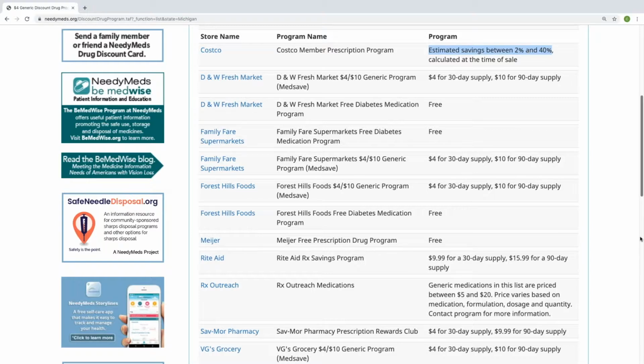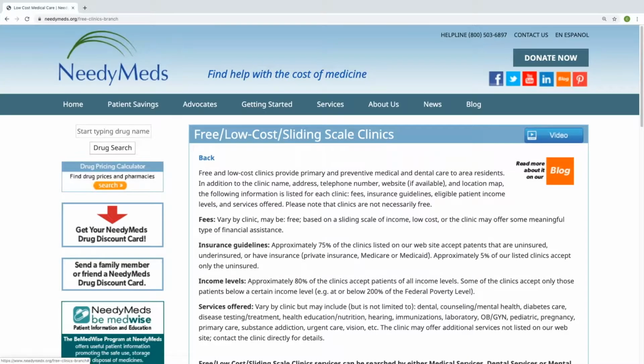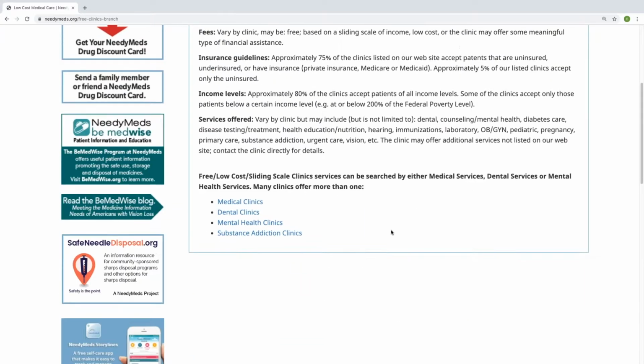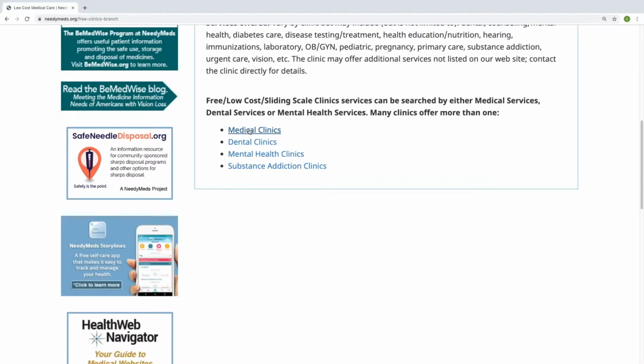So let's move on to another helpful section and popular destination on the NeedyMeds website, which again is under that Patient Savings tab, and that's our free, low-cost, and sliding scale clinic database. Now, although there are 4 databases here, medical, dental, mental health, and substance addiction clinics, they're all set up the same way. So just for purposes of this demonstration, I'm going to go ahead and click on that medical clinics